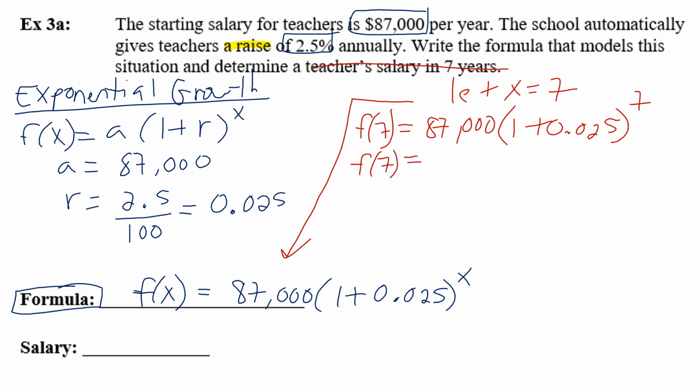We're going to follow order of operations. Please excuse my dear Aunt Sally, which tells us to do parentheses first. So we have 87,000. In parentheses, 1 plus 0.025 will give us 1.025 raised to the 7th. We did parentheses, now we have to do exponents. So we're going to take 1.025 and raise that to the 7th power. But again, unfortunately, it's going to give us a really long decimal. 87,000 times the quantity